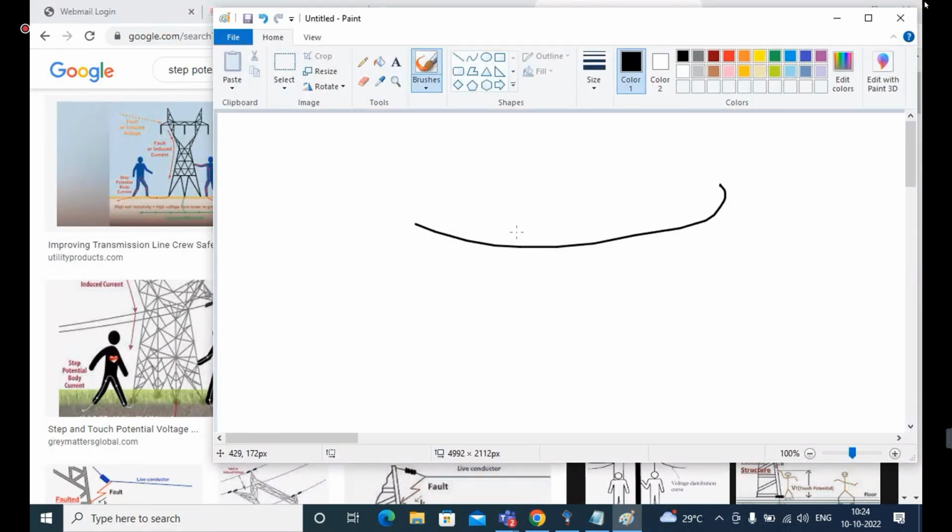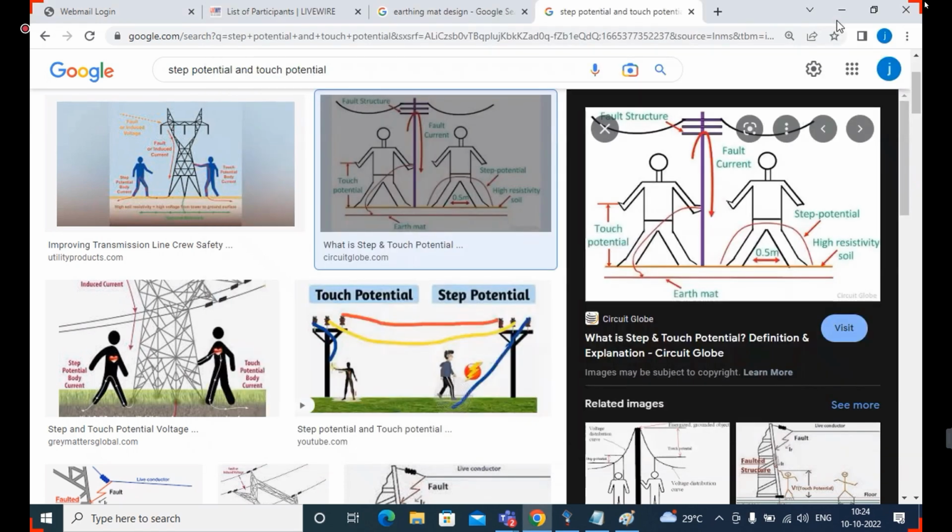One of the birds sits on the transmission line, with its legs in this manner, so the distance between them is very low. Since the distance is very low, the potential difference is also very low, so the current will not flow through it. That is the reason that when birds are placed on the transmission line, they won't feel the shock. While the person walks through that place, the potential difference is created.